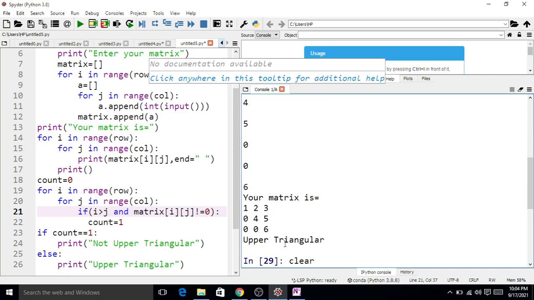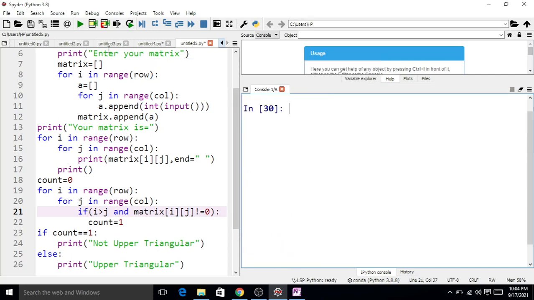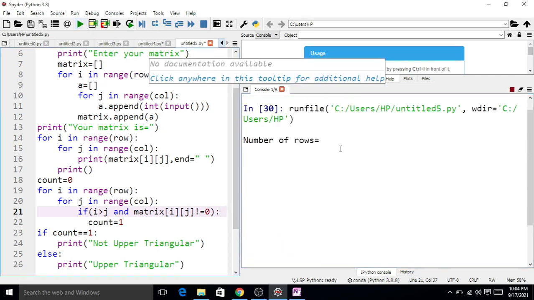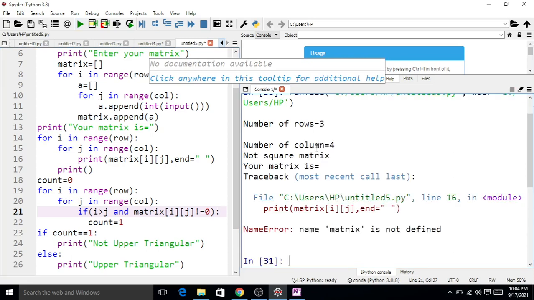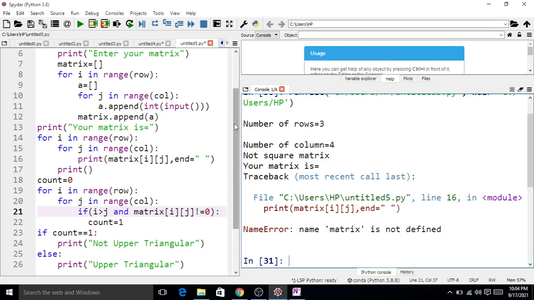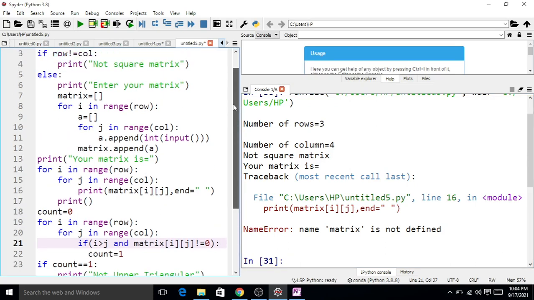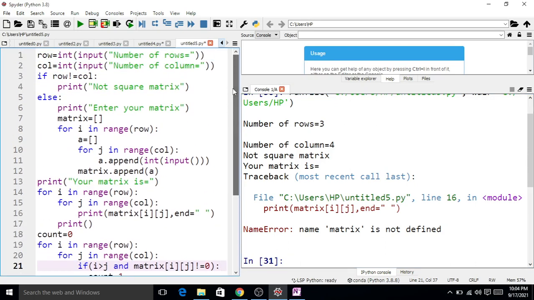Now if we enter a matrix that is not square, if the number of rows is not equal to the number of columns, say 3 and 4, then your matrix is not a square matrix. One more time, the matrix is not a square matrix.